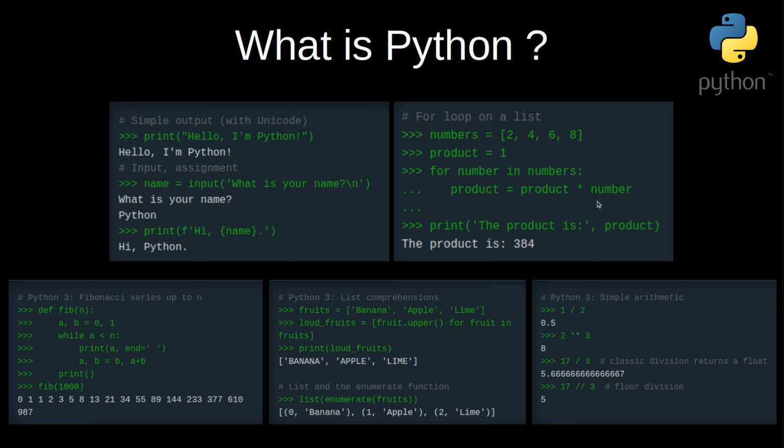Pay attention that everything that's indented after the loop structure will be repeated at each iteration. And for marking the end of the loop, you simply eliminate the indentation. So in this case, print is not inside the for. It will simply be executed once. So after the for ends, we have the execution of the print function with a string sentence, the product is, then the comma and the product variable, which will translate into the product value